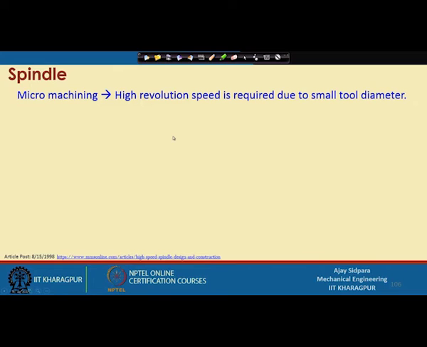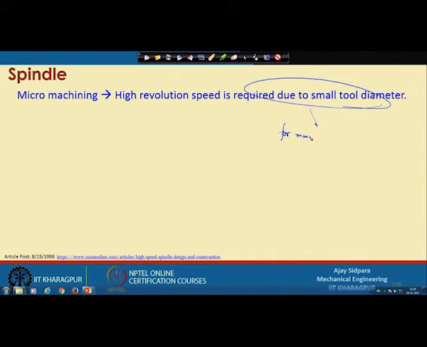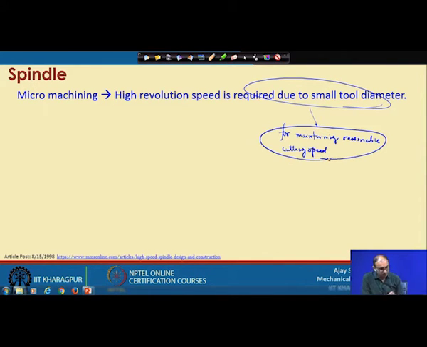In micro machining, the spindle is very important. High revolution speed is required due to the small diameter, because we have to maintain the cutting speed. Maintaining a reasonable cutting speed is very important, so that you can get a reasonable material removal rate.